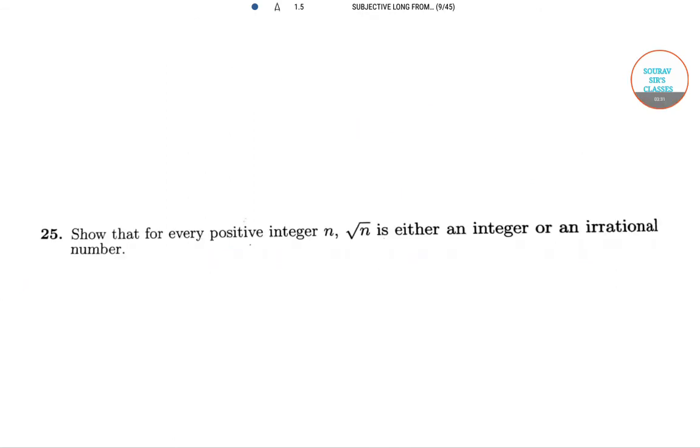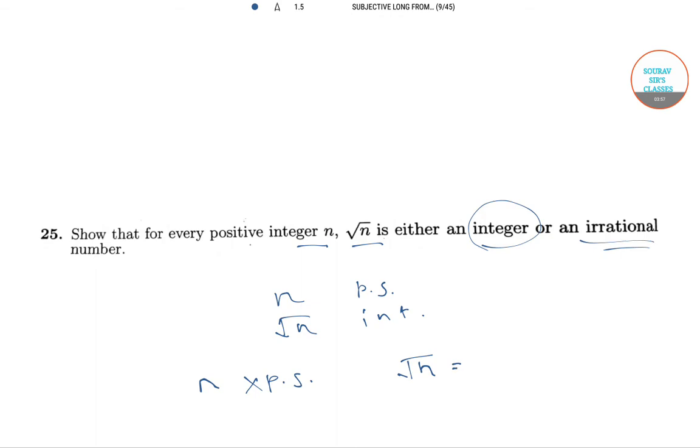In our next question, we have to show that for every positive integer n, root n is either an integer or an irrational number. Now, when n is a perfect square, then root n is an integer. But when n is not a perfect square, then root n can be represented as a rational number p by q,